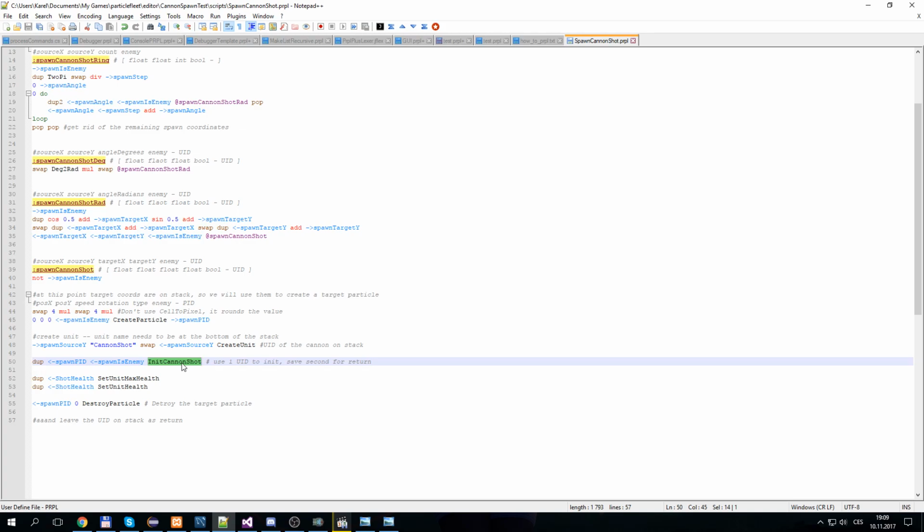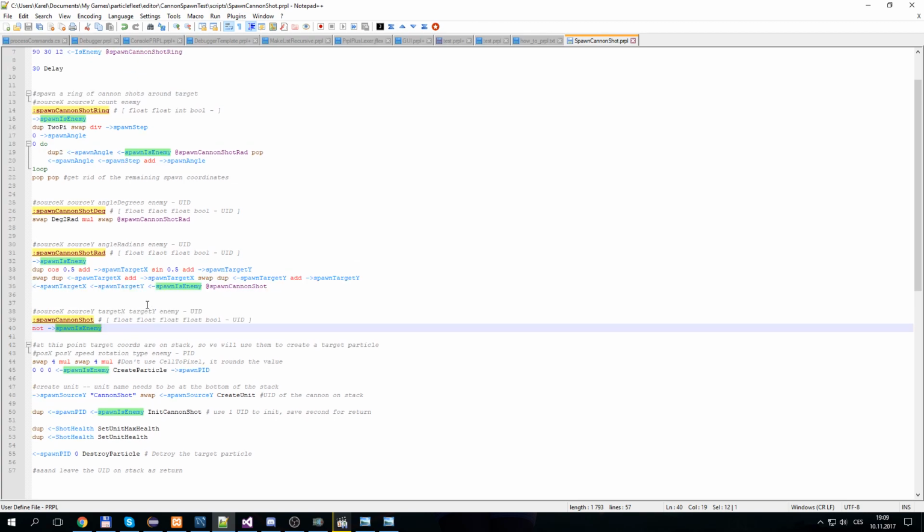I guess this takes the argument whether the target of the cannon shot is enemy. So if you need to spawn an enemy cannon shot, you need to say that its target is not enemy, I guess. That is why you need to negate this. Well, the reason isn't that important, as is the fact that you need to negate this variable. And why is that important, you ask? Well, here